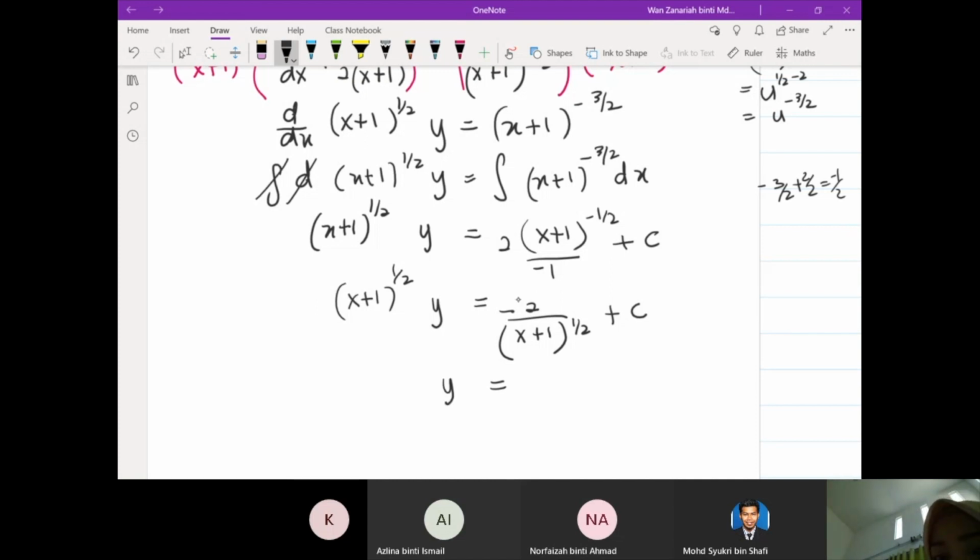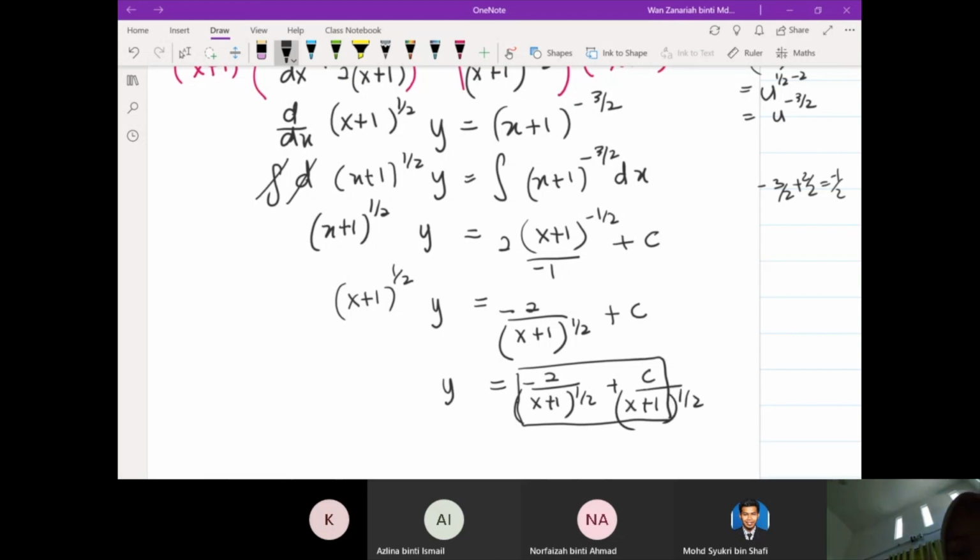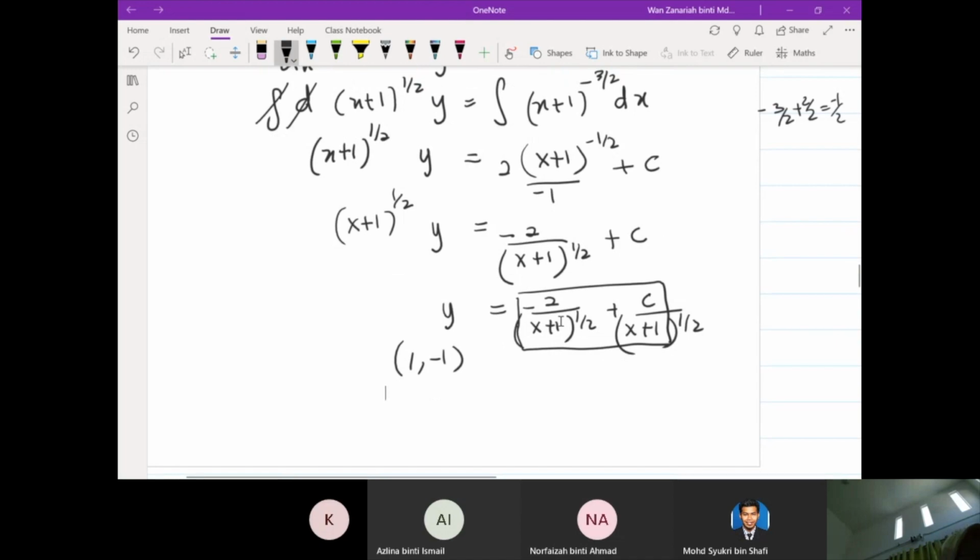So it becomes... does the question want the general equation, y equals something? If we want, we can write it, but it does not ask for that, it actually tells us to substitute directly. Substitute when y is equal to negative 1 and x equals 1. From here we can substitute, or we can continue with x plus 1 to the power of 1 over 2 plus c over x plus 1 to the power of 1 over 2. We put in 1 and negative 1. So when we put in 1 and negative 1, we will get,